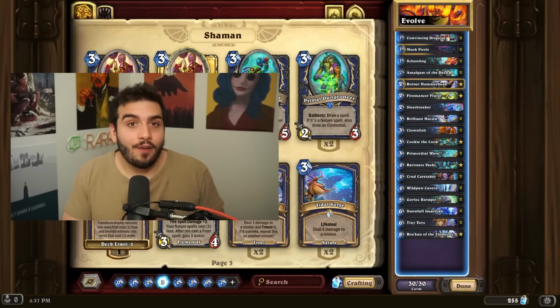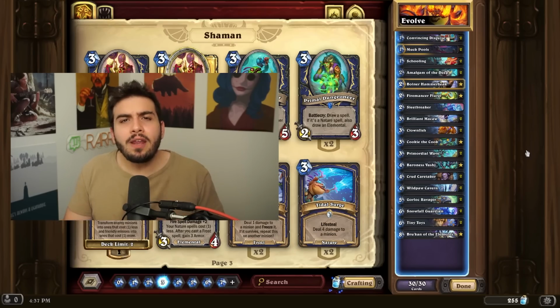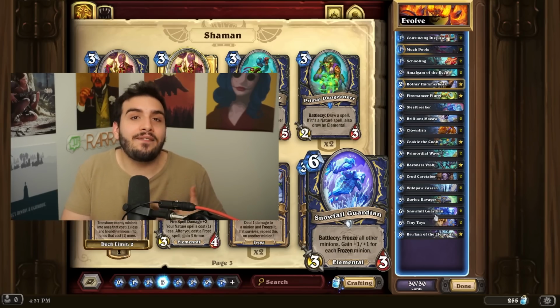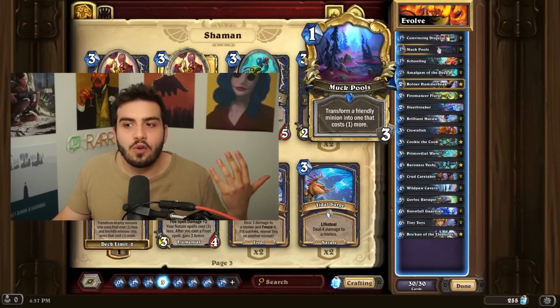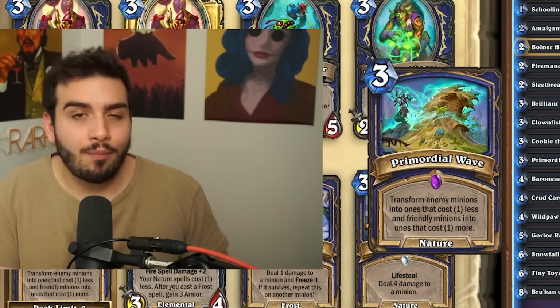The next deck is Evolve Shaman. Evolve Shaman got a lot of really good tools in this expansion. We're talking Muck Pools, we're also talking Baroness Vosh. But the main reason Evolve Shaman is still so good is that it could fight for the board very competitively, and Snowfall Guardian exists. The benefit of this entire deck, by the way, is that if you are able to get on board and your opponent can't answer it, you trade favorably and then you evolve your stuff using things like Convincing Disguise. Primordial Wave,